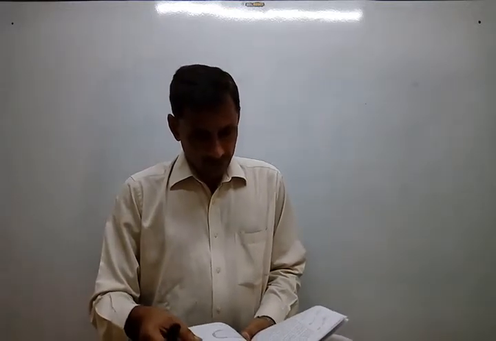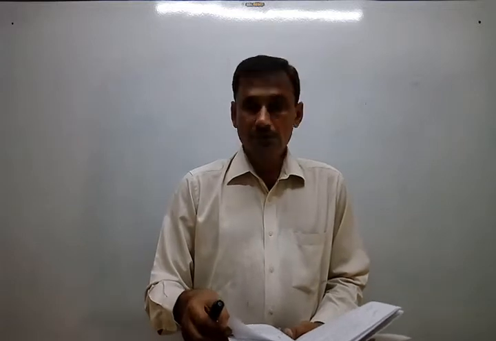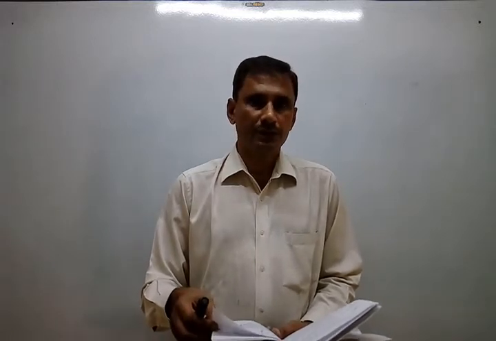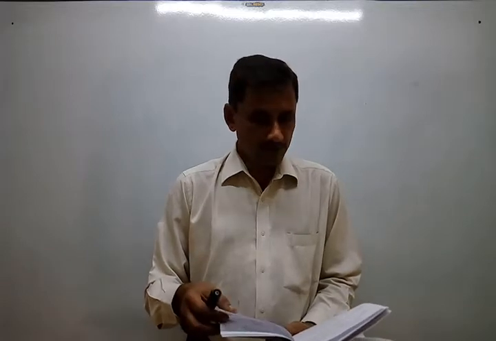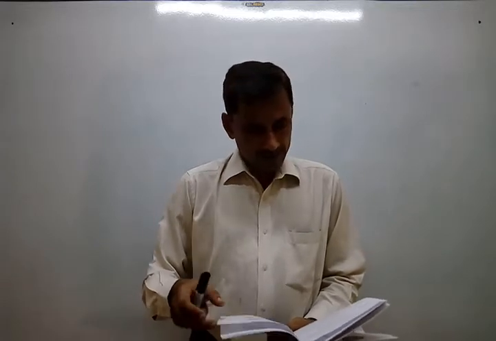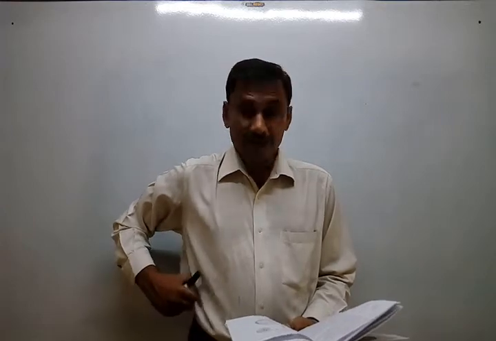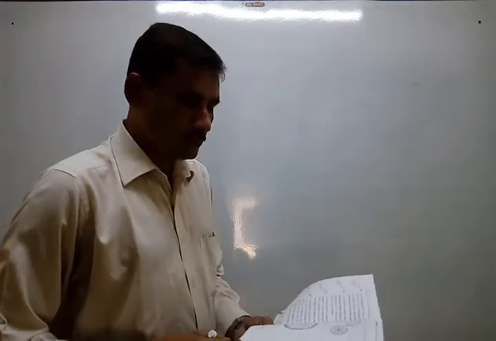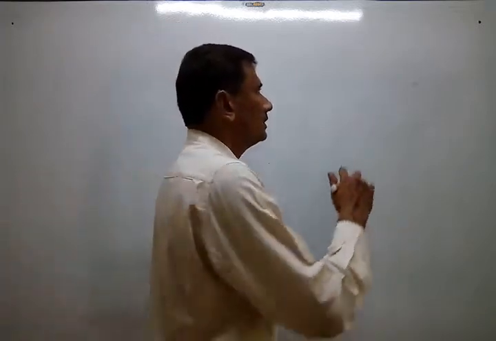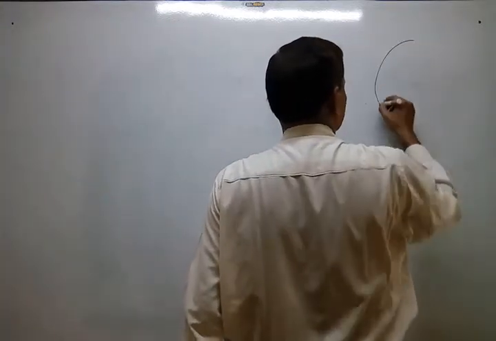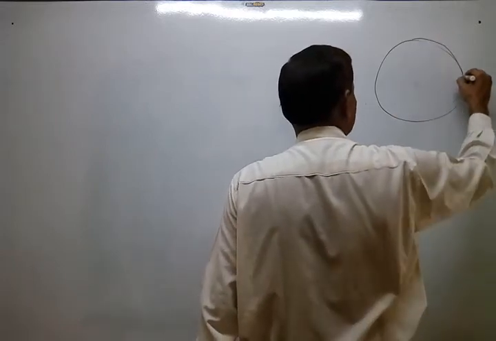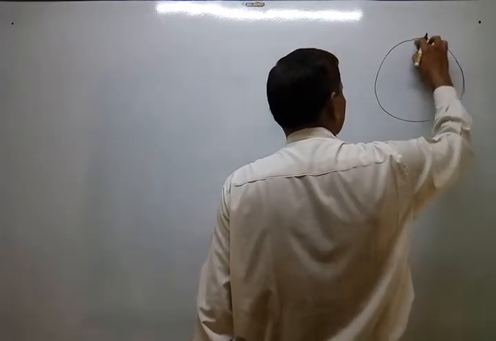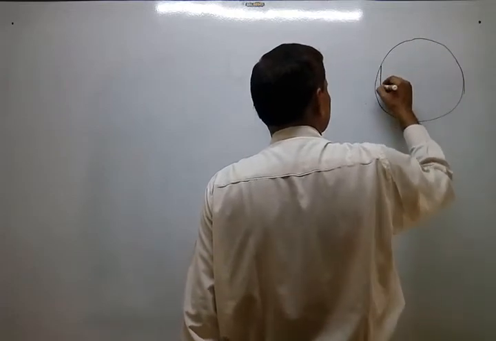We already finished exercise 12.2, and 3 sums you have done in homework, that are 10, 11, 12, and one sum was left there, and that was number 13. Just look at number 13 and look carefully at the figure also. There is one circle, and inside the circle one hexagon is given.